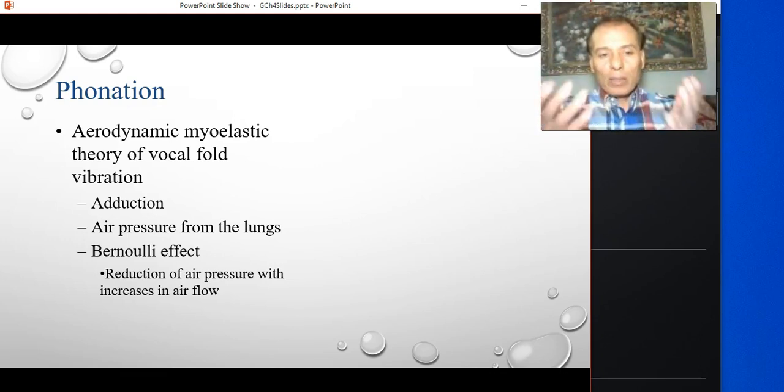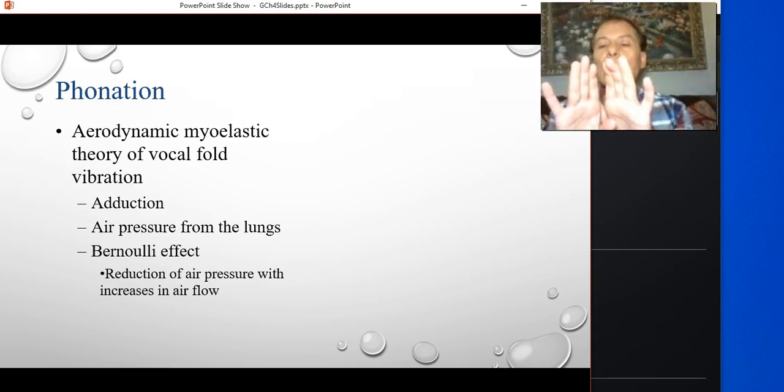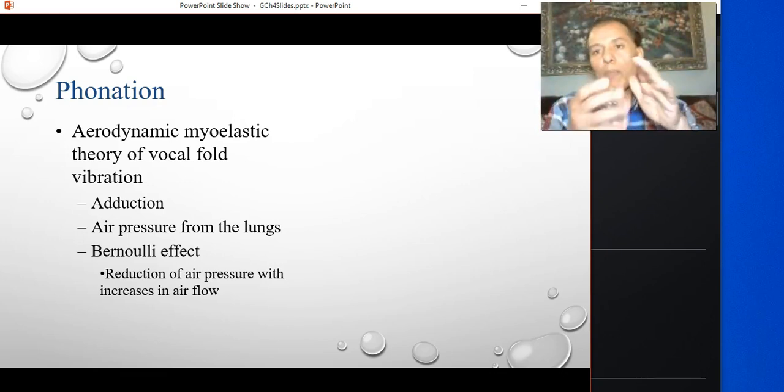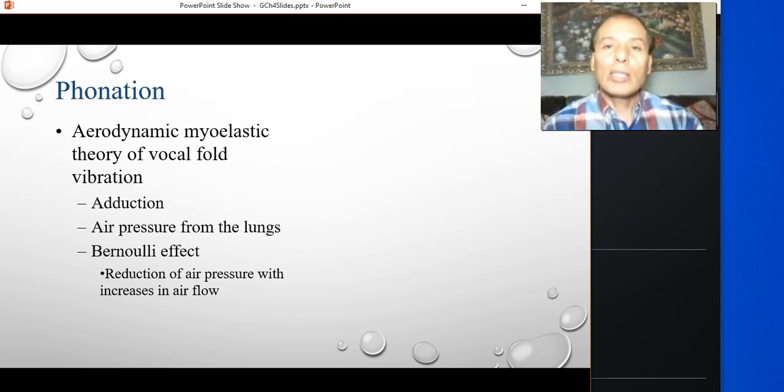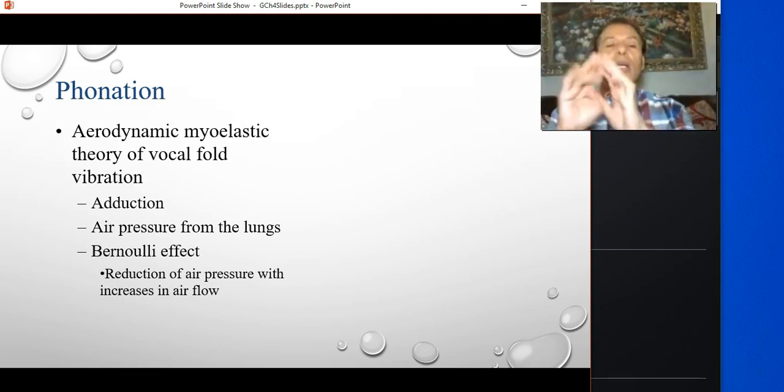Basically, the Bernoulli effect causes the air pressure to be lower between the vocal folds, and that will suck them together to close the vocal folds. And then when they are closed, the pressure builds up to maximum beneath them, and it pushes them again away. And then the cycle keeps going back and forth, back and forth. So as I'm speaking now, I'm making approximately 115 cycles per second, as a result of that. If a female speaks, she makes about 225 cycles in one single second. Vibrations like back and forth, back and forth.